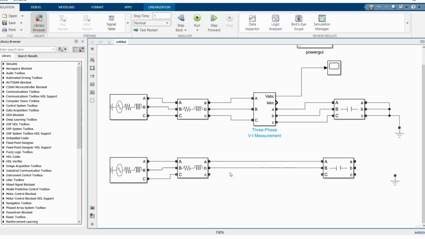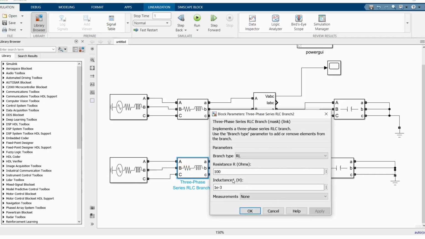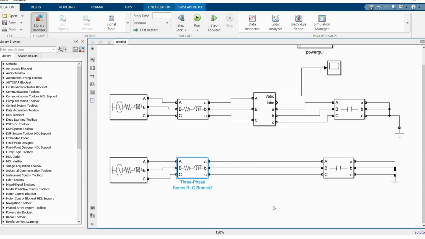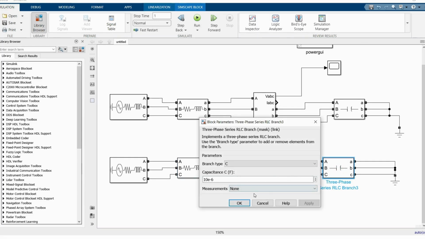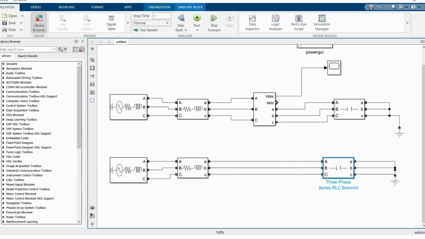Here I will use the multimeter block. Now what you have to do is set the measurement, like I want branch voltages. Now click OK. Similarly for branch 3, measurement branch voltages. Click OK and browse